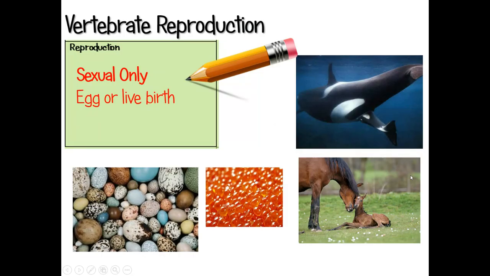Okay, and then reproduction, vertebrates all reproduce sexually. There are a very, very small amount of vertebrates that do have kind of strange adaptations to reproduce asexually, but in general, they all reproduce pretty much only sexually. And it's either going to be by laying eggs. This is going to vary depending on the class of animal. Some of them lay eggs with hard shells. Some of them lay, like fish, lay eggs that are more like water-based and gelatinous. And then some give birth to live young.